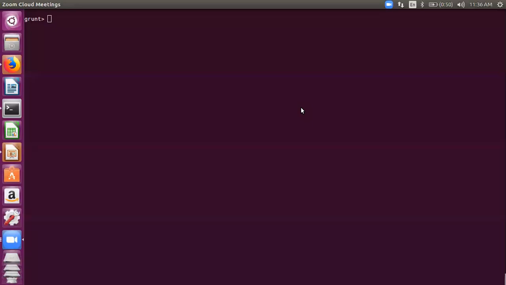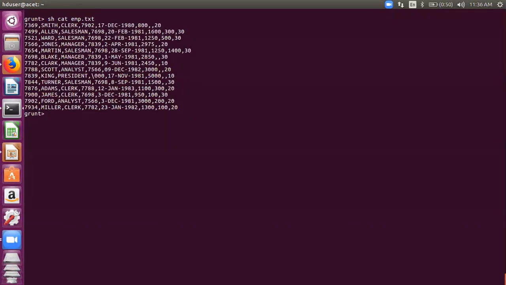Lower your hands now. Thank you very much. You can get these data sets from the internet. Google that you want the emp data set, you'll get it. You want the department data set, you'll get it. I'm showing it here to you. Let's display it. Shell cat. I've stored it in this file emp.txt. I think now you are refreshed. Smith, Ellen, Martin, do you remember everything? The same data set. So let's repeat their columns. You can write them down also if you've forgotten.